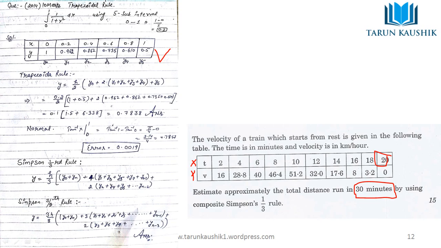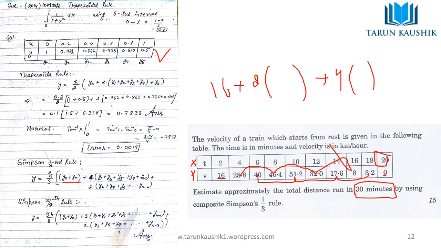So by using this same formula, y0 plus yn, we can add 16 plus 0, that is 16, plus twice the even terms. Which are the even terms? This is y0, this is y1, this term, and this term, and this term. So add these terms and multiply by 2, plus the rest of the terms, this and this; do the summation and multiply these by 4, and do not forget to multiply all these by h by 3.